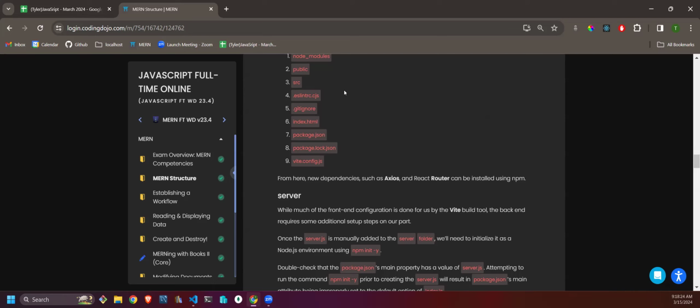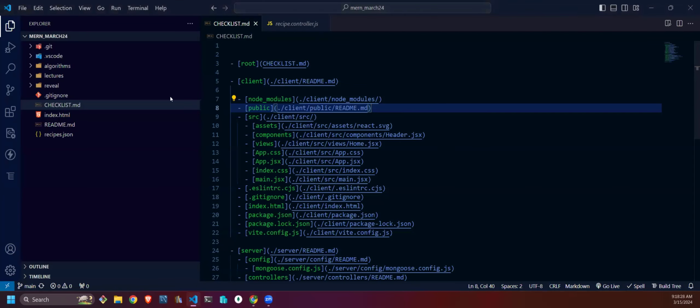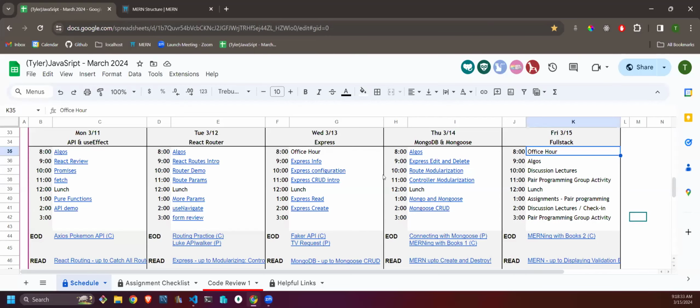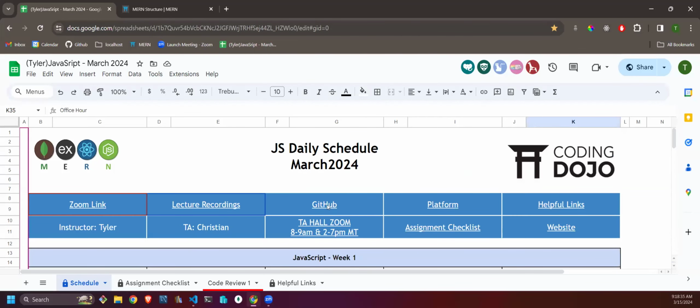Okay. So what I'm going to do is show you what I've got set up. Let me go back here. So what I've done is if you go to our GitHub repository,